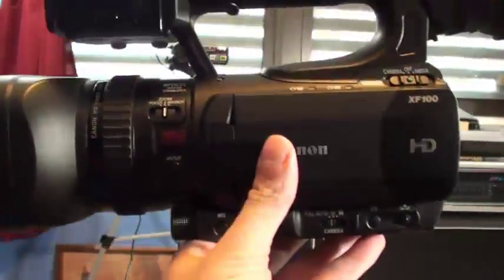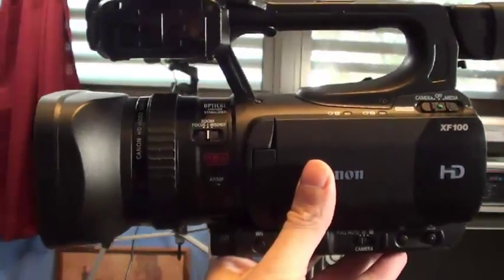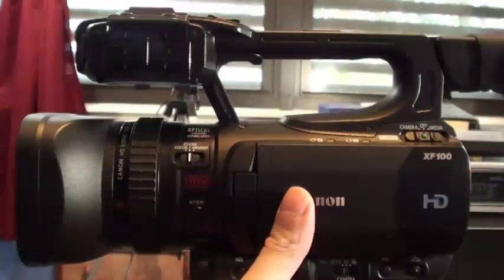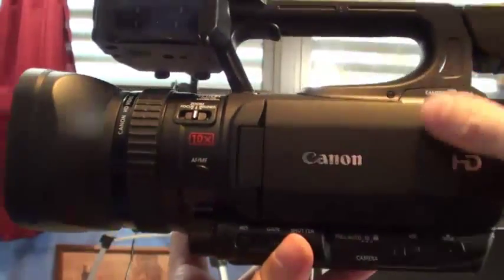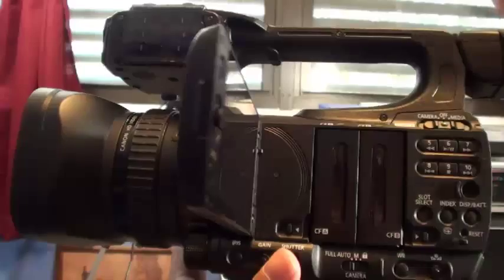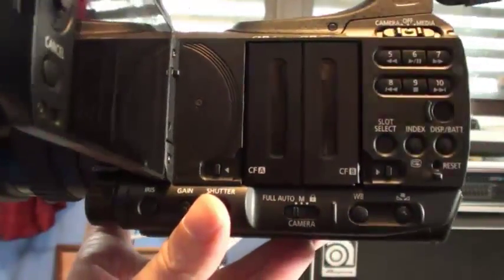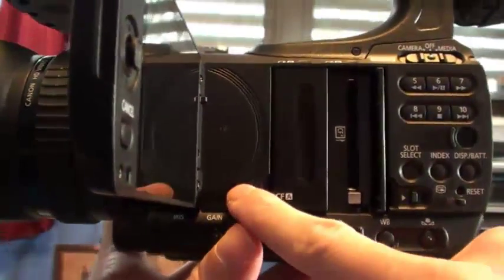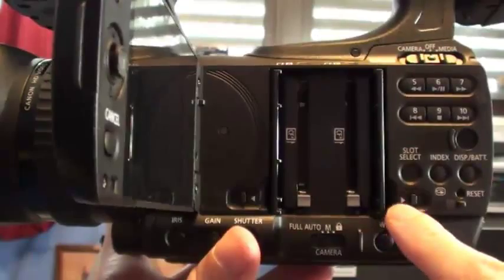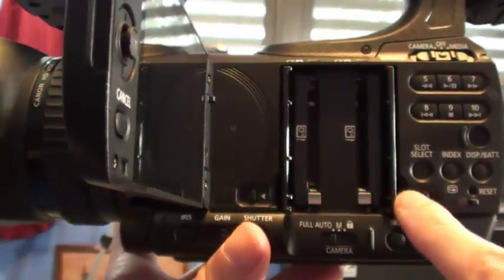We're going to go ahead and go over this Sony XF100, go through all the functions and features. And first thing I'm going to go over is the compact flash, which actually has two slots right here, which is kind of useful. That way you can extend your recording capacity from just using one